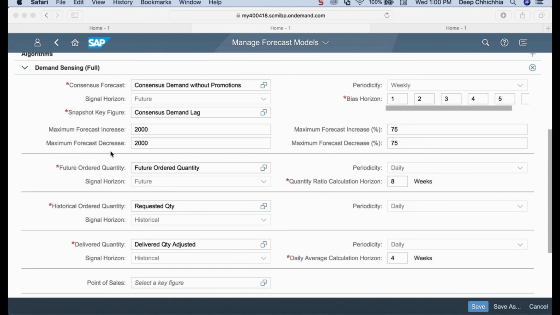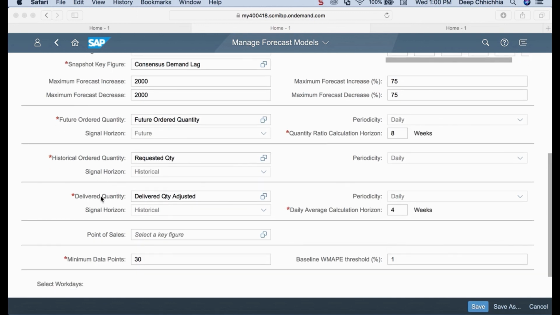There are various other settings that we have maintained, which I'll just skim through in the interest of time. So for example, the consensus forecast is the consensus demand without promotions key figure. The snapshot key figure that we are using is the consensus demand lagged, as we just saw. The future ordered quantity represents the open orders. The requested quantity represents all the historical quantity that had been requested. Delivered quantity represents the quantity that had been delivered. And notice over here that right now I haven't included any point of sales information. So once I save my model,